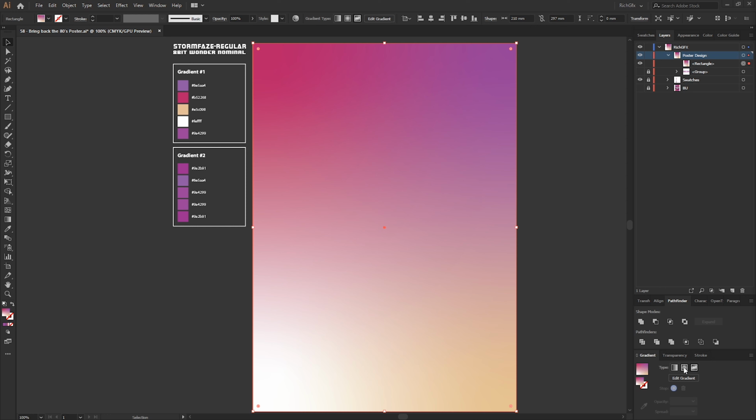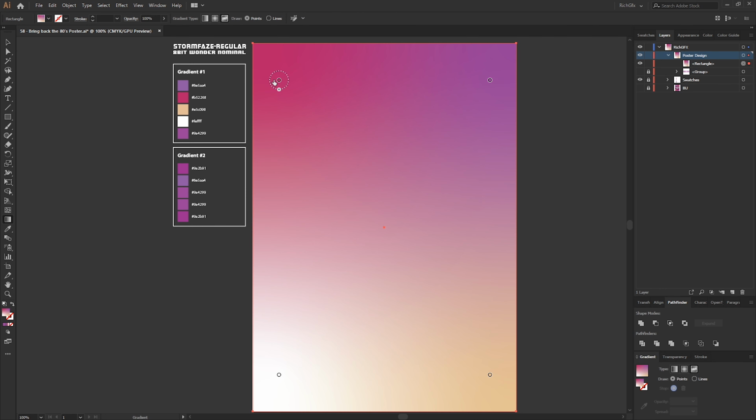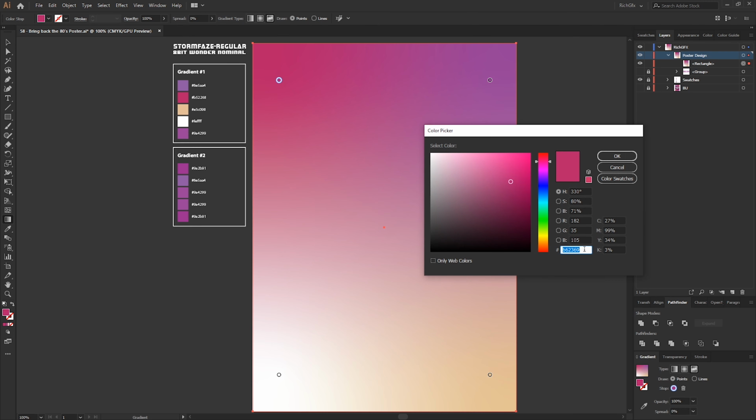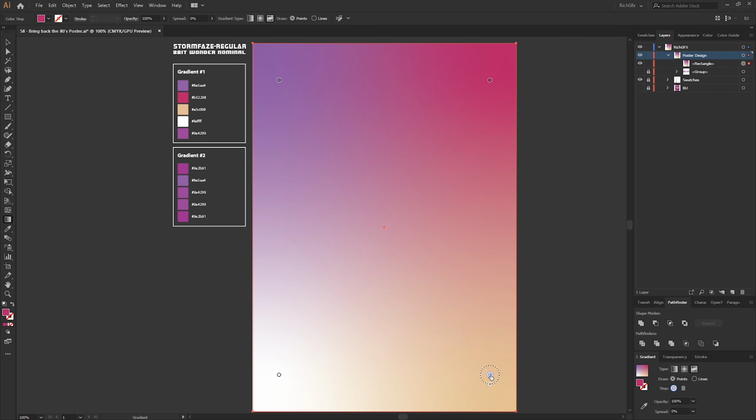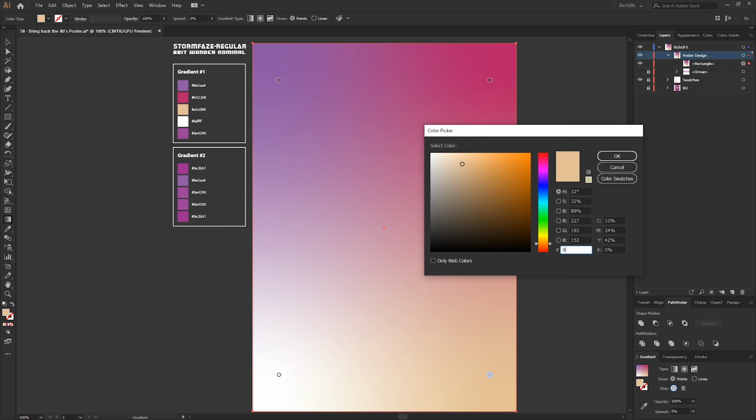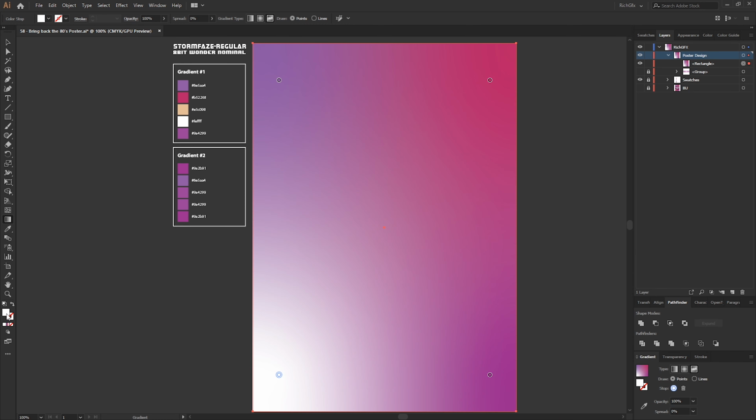So once you click on the freeform gradient option, you should get these 4 points already on there, and we can just utilise these straight away. So from the top left we want to use a colour of 8E58A4. For the top right colour we want to use B52268. For the bottom right colour we want to use 9A2B91, and then finally for the bottom left colour we can use